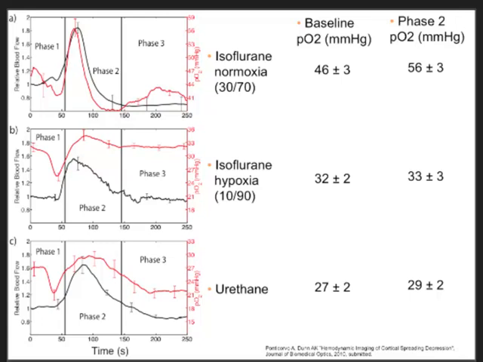And what I found is that the baseline PO2 is actually largely decreased in these urethane anesthetized animals, to the point that they were almost hypoxic, which could most likely explain the results I was seeing, because the isoflurane animals actually had higher baseline PO2s than the urethane anesthetized animals. And when the animal was hypoxic or under urethane, I did not see a large increase in oxygen value, even though I always saw large increases in